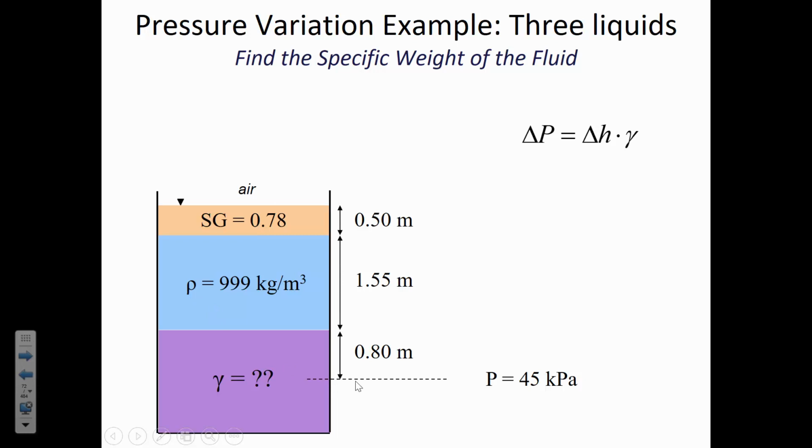We know that the pressure at a depth of 0.8 meters from the interface is 45 kilopascals. So we know the delta H, and we're going to know the delta P, because what you need to do is find out the pressure at the first layer, the pressure at the second layer, and so you're going to use this abbreviated version of the hydrostatic equation to find the unit weight of this